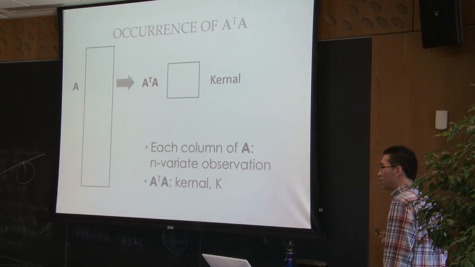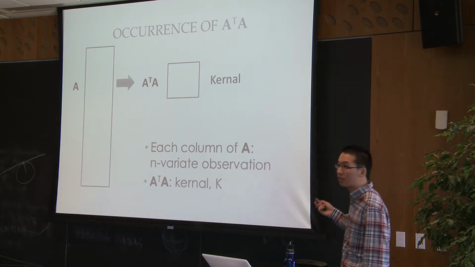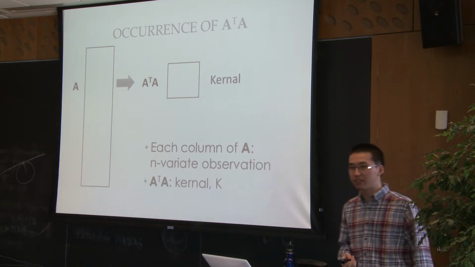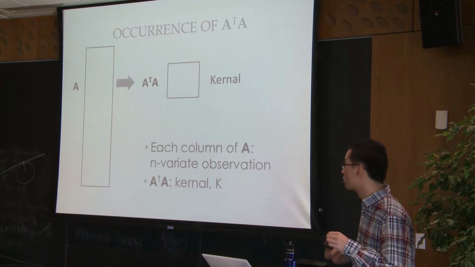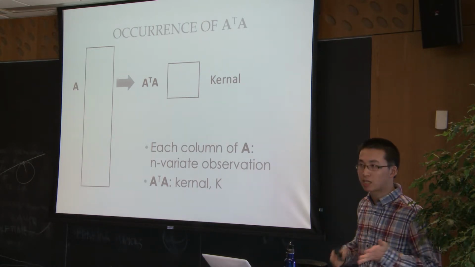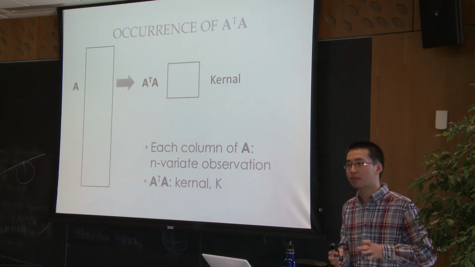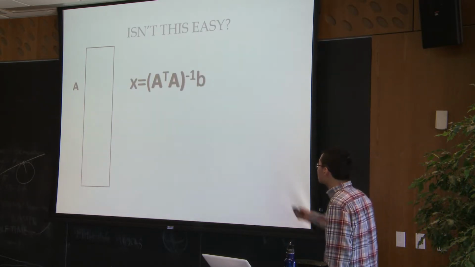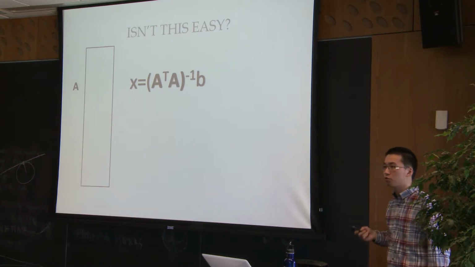The other place where this kind of setting happens, you might have seen in the context of a kernel. The kernel setting is that each column of A is a point, and you just want a pairwise dot product between the values of these points. So if you set each column of A to be a univariate observation, then A transpose A is just a pairwise dot product between all your points. But when we view it in the setting of the problem, which is I want to compute A transpose A inverse B,